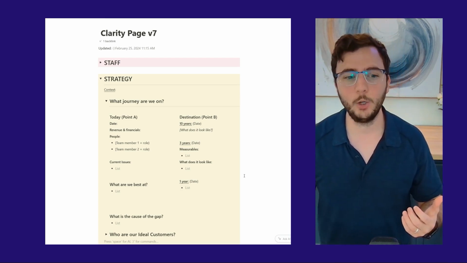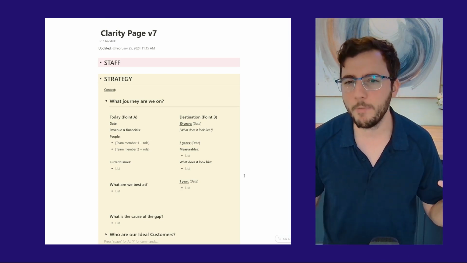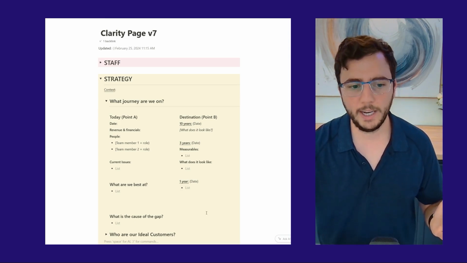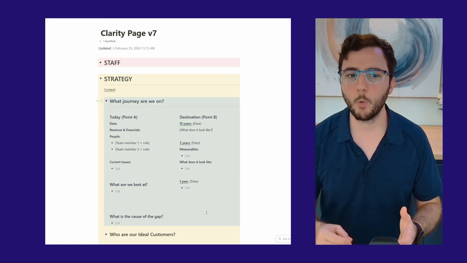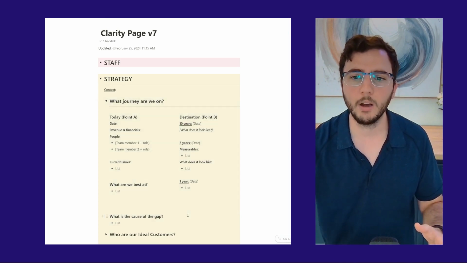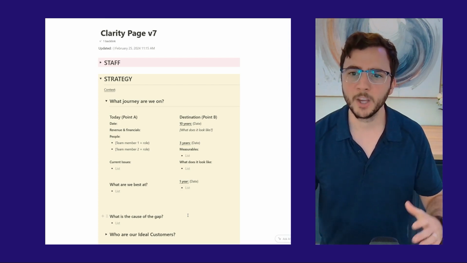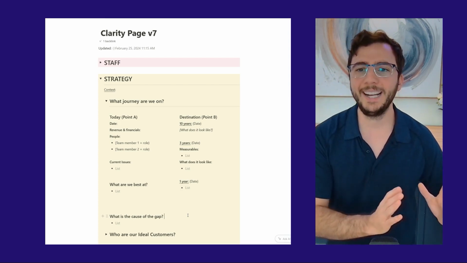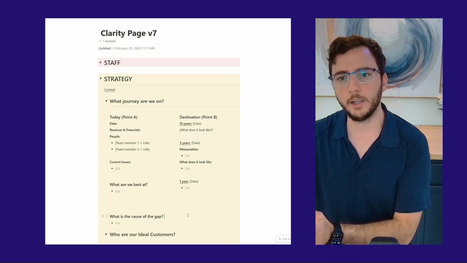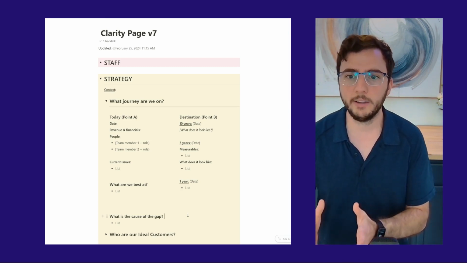Once you have this, you'll identify that there's a gap, right? I am here, I want to be there, but I'm not. But that means that there's a gap between where I am and where I want to be. The next question is, what is the cause for that gap? So once I know where I am and I know where I want to be, we go back and reflect on what is happening, what isn't happening, and what needs to start happening for us to take where we are today and get closer to what that should be in a year from now. We do a year or 12 months as the reference point, and we do it yearly. So we slowly shrink the gap.